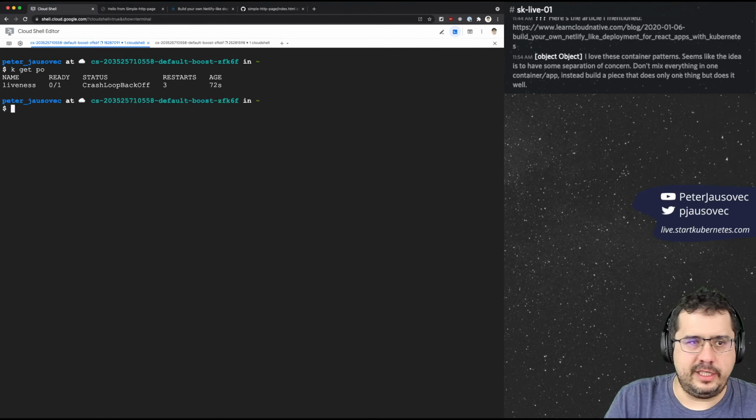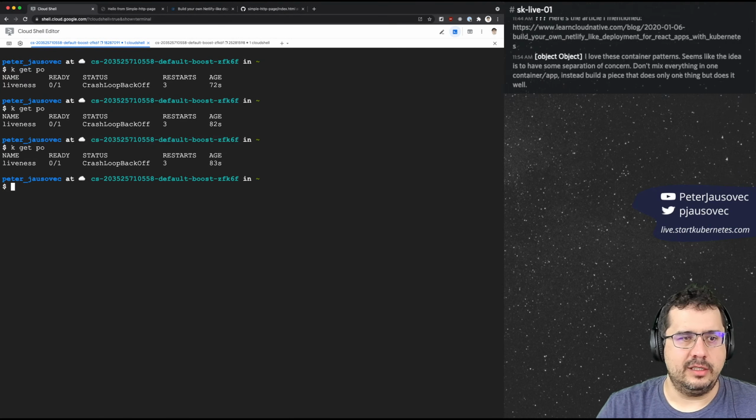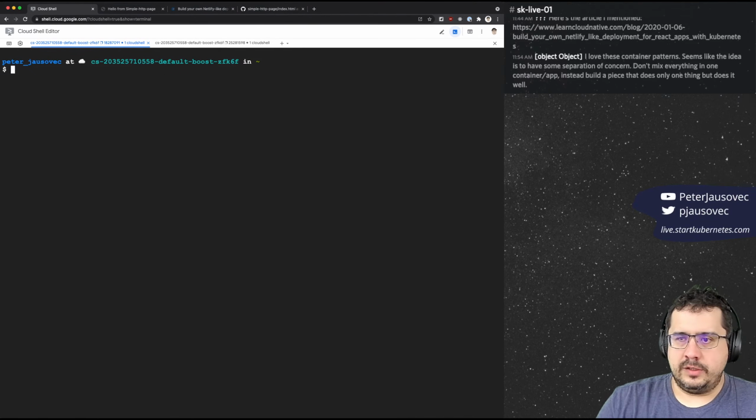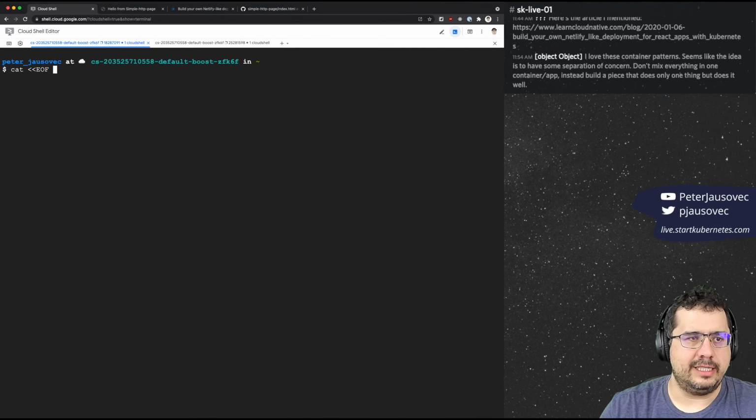And you can also see this. You can see the number of restarts in the restarts field. So if you list the pods, you'll see the number of times that pod actually restarted. So now it's in the crash loop backoff state, so it will take longer to start up. So the other thing that you can do is, in addition to just specifying the port and the path,